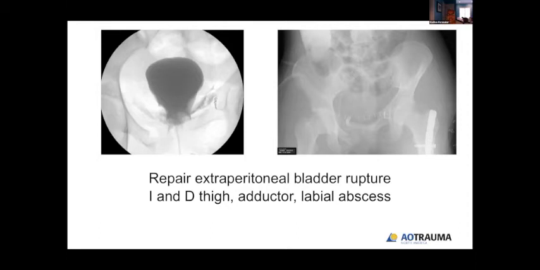So in this particular case, after we performed the I&D of the abscesses and had the bladder repaired, and you can see the drain on the image, the question is, do we need to perform some other temporizing fixation, such as an external fixator, while we wait for definitive fixation and the timing of definitive fixation? And as I mentioned, the films earlier demonstrated that the fracture was reasonably well aligned. There's still internal rotation deformity in traction, and appreciating that we were going to come back and do repeated I&Ds,